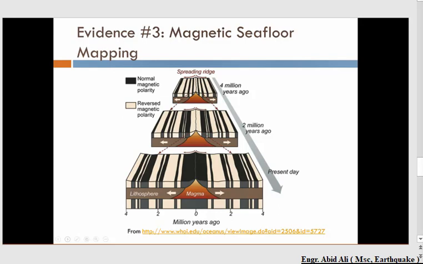And if you have played with magnets as a kid, that iron is very magnetic. So guess what happens in the magma when it comes out of these spreading ridges? That's right, the iron lines up according to the magnetic north. So when they would run these magnetometers across the seafloor, they would see patterns where all of the iron was aligned in a certain way, but it was similar on both sides of the mid-oceanic ridge.